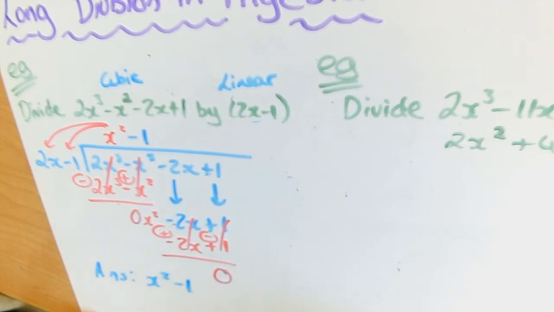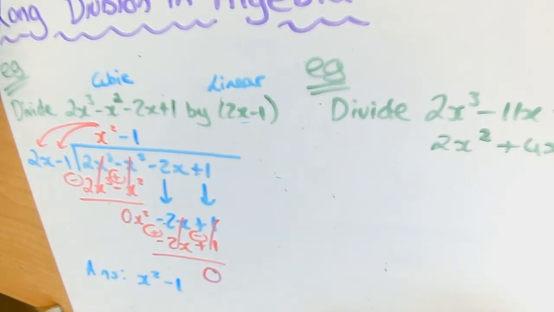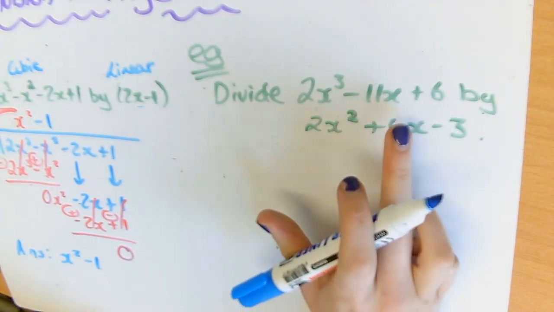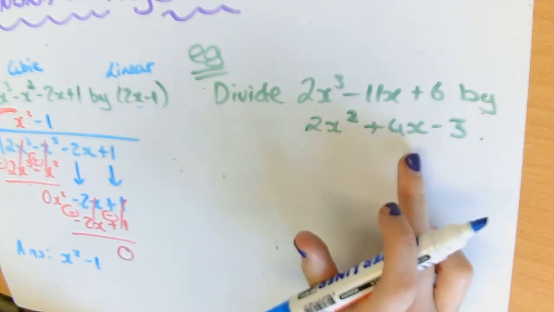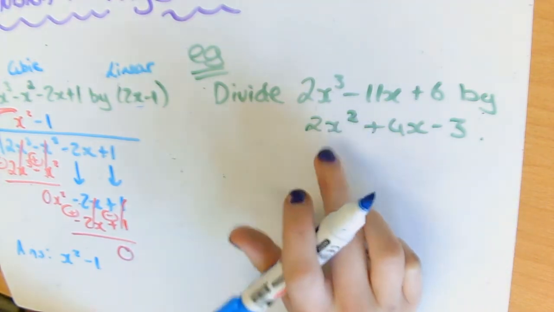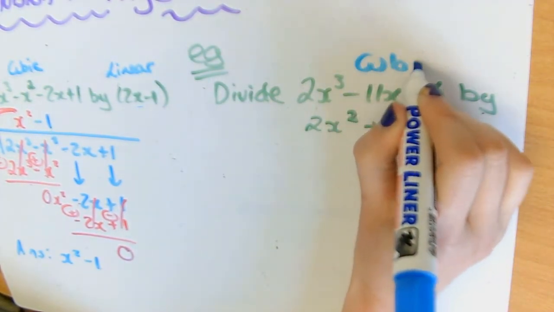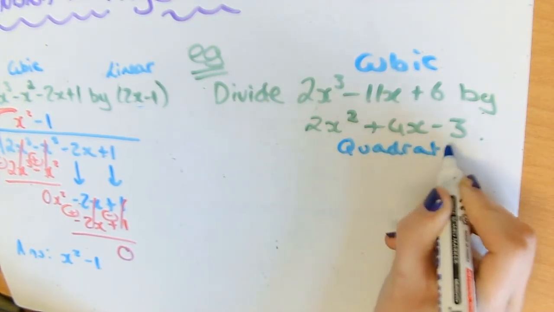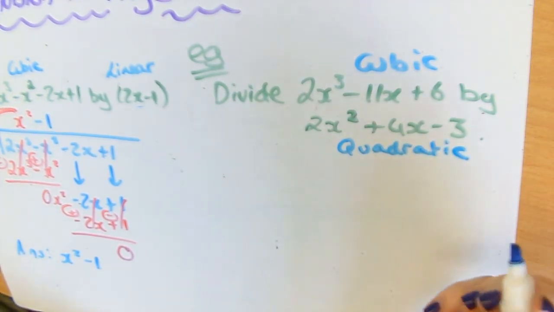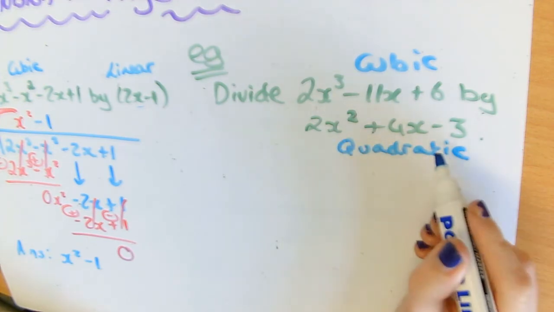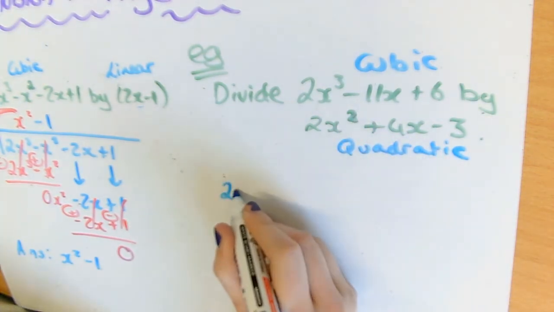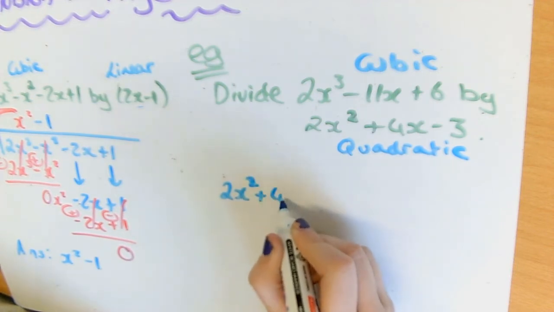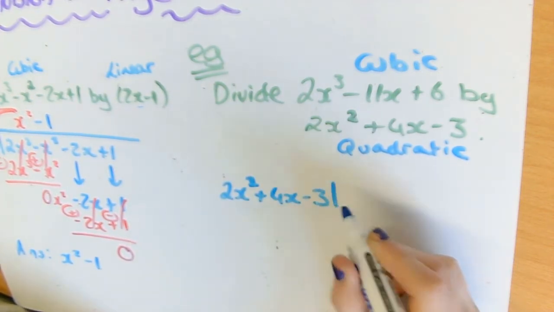Happy days. Okay? The next one I'm going to do is we have divide 2x cubed minus 11x plus 6 by 2x squared plus 4x minus 3. So this time again, guys, I have a cubic divided by a quadratic, which means my answer should be linear. Okay? So in my quadratic, which is the lower power, I know I need to put it on the outside. So I have 2x squared plus 4x minus 3 divided into